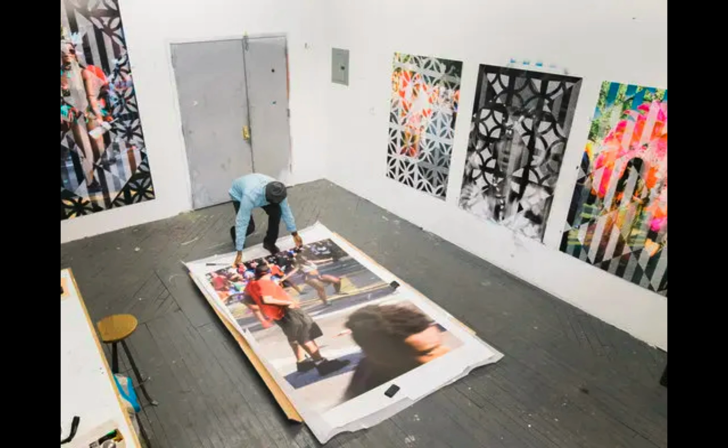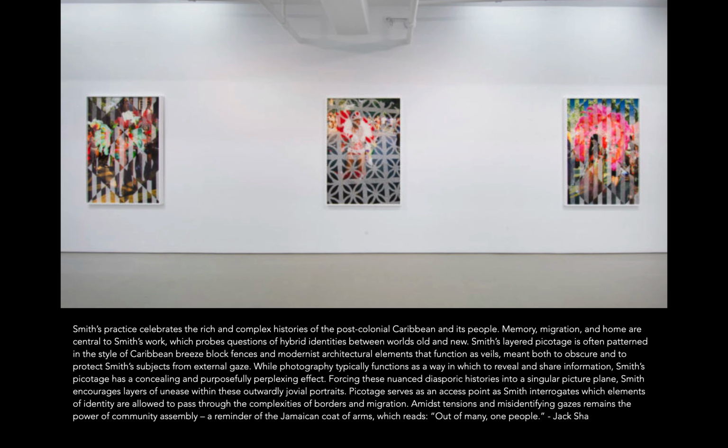He uses a small tool and picks away at the surface. Smith's practice celebrates the rich and complex histories of the post-colonial Caribbean and its people. Memory, migration, and home are central to Smith's work, which probes questions of hybrid identities between worlds old and new. Smith's layered picotage, that's the name for this picking process, is often patterned in the style of Caribbean breeze block